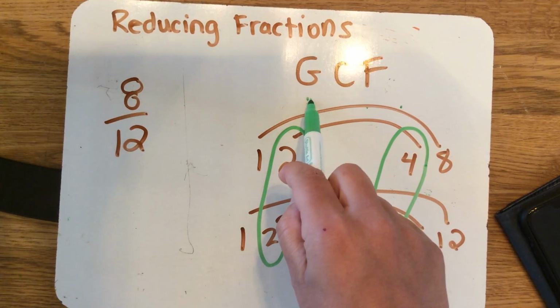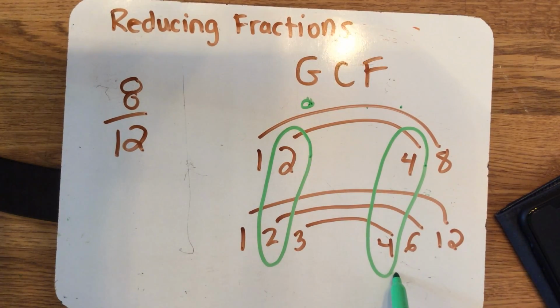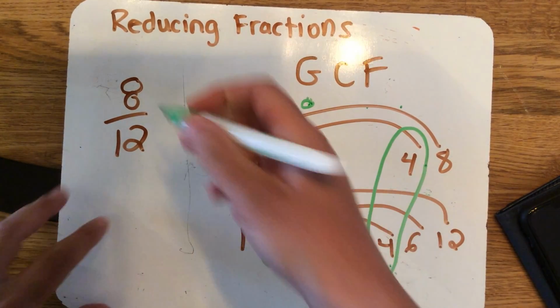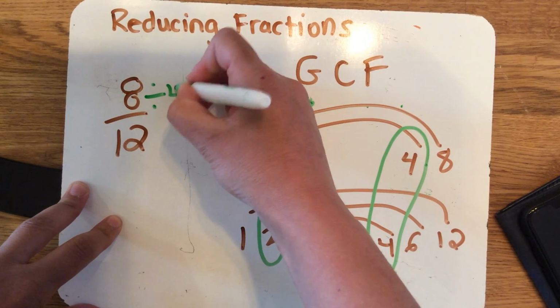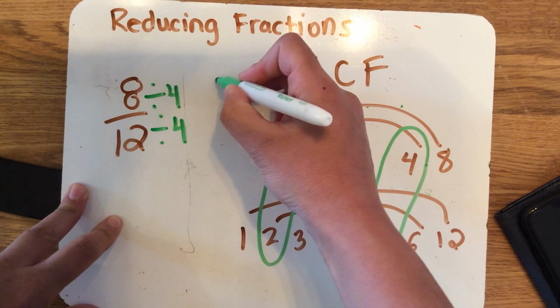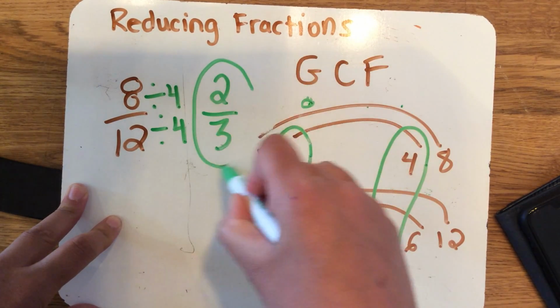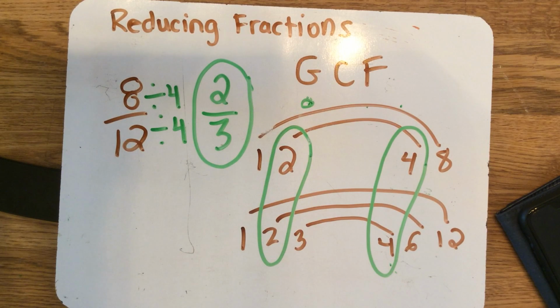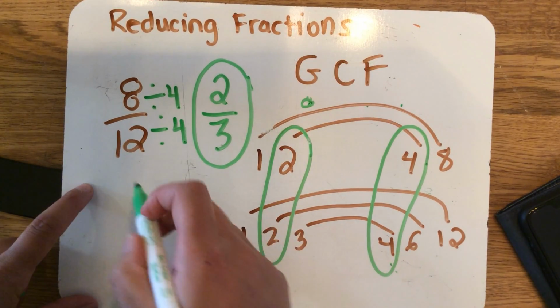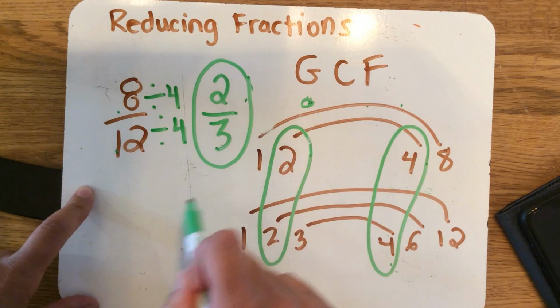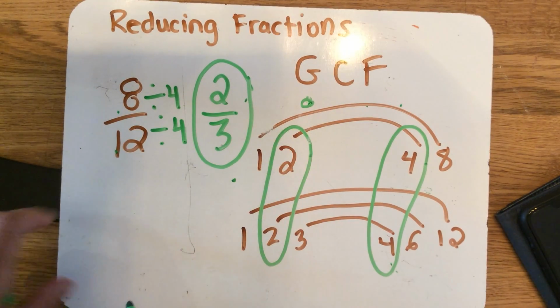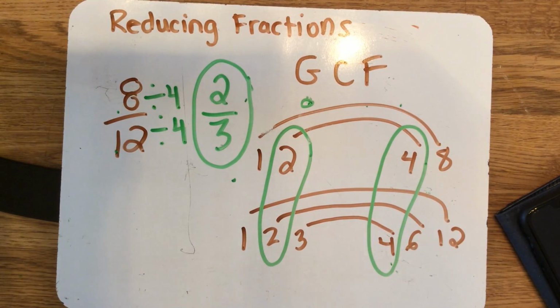I'm looking for the greatest, the largest number to simplify my fraction effectively. That would be 4. So to simplify or reduce this fraction, all I have to do is divide the numerator and the denominator by 4, and I will see this fraction reduced to its simpler terms. If you were to look at a fraction chart or tower sheet, you would see that 8/12 is absolutely equivalent to 2/3. Okay, so that is what you're going to be practicing